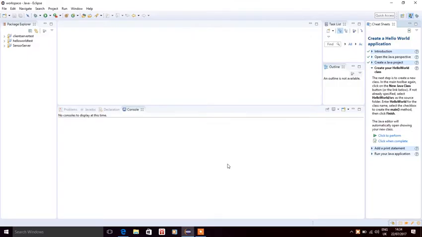Hi everyone, so let us discuss Java threads today. We'll just show how threading in Java works by an example. Why do we actually use threads? First of all, whenever we